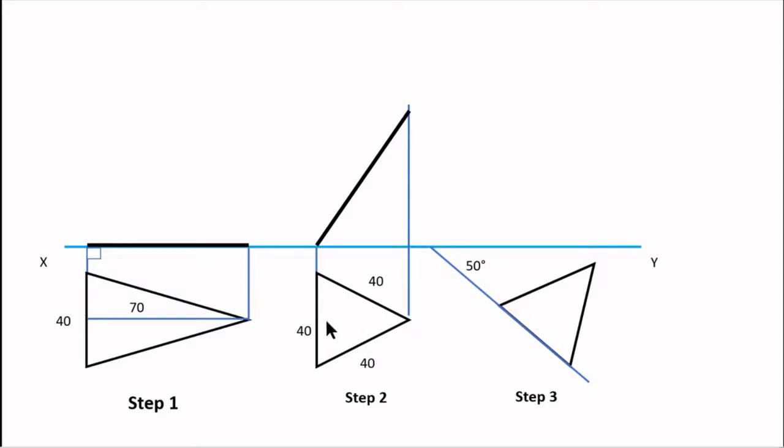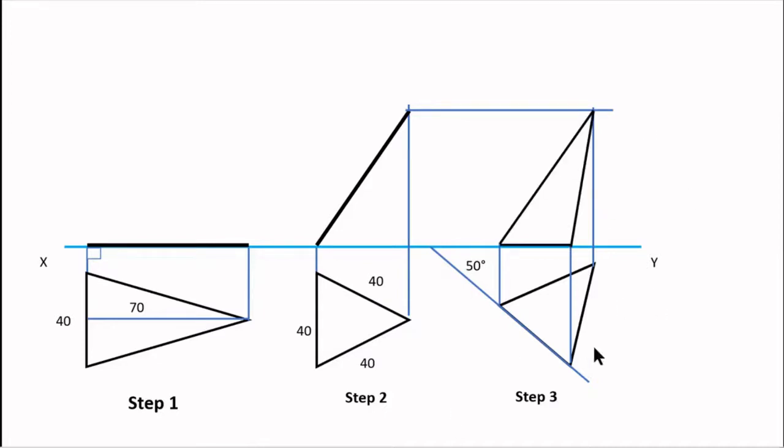So I have to redraw this triangle in this position in step 3 and find its projections and project it into the front view. Now for the topmost point, that is this corner, in the front view I'll draw a locus and find the intersection, and then I'll be able to get the final position. So this is the problem overview. Now we'll move on with the actual problem solving.